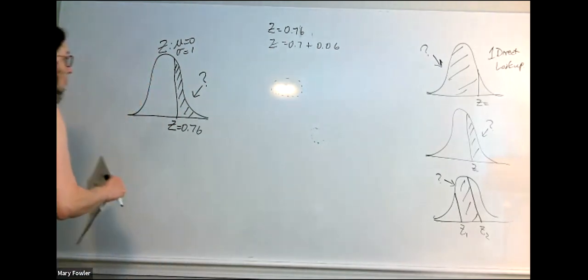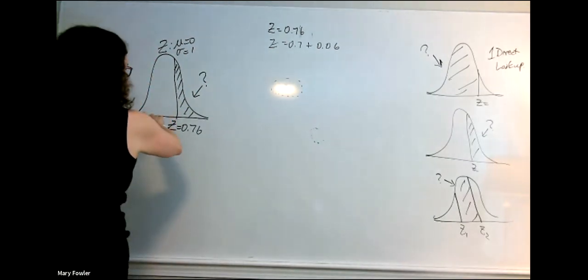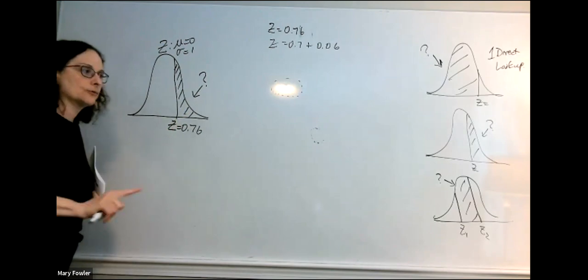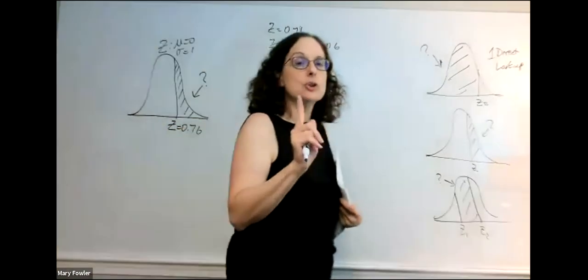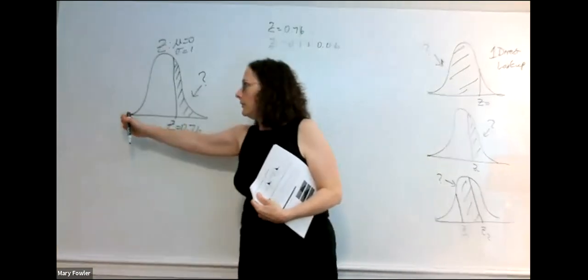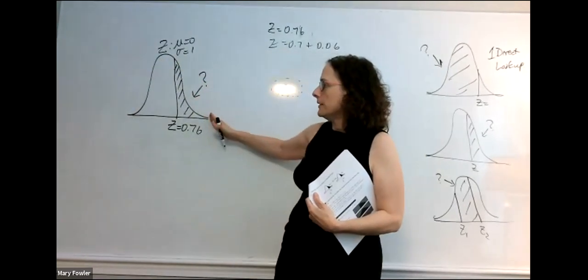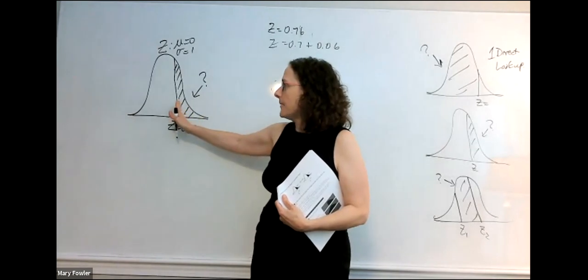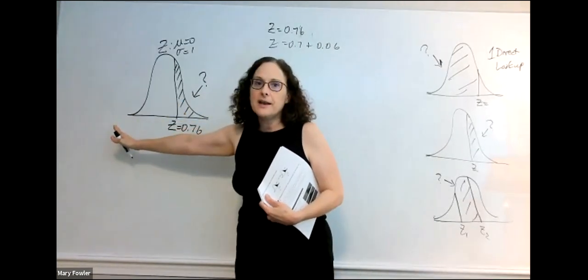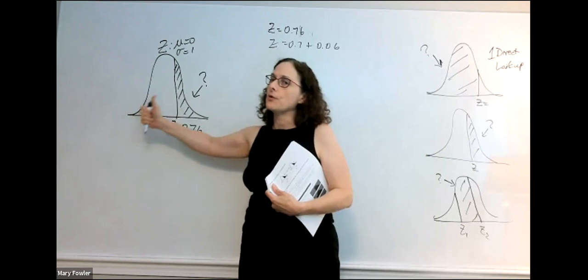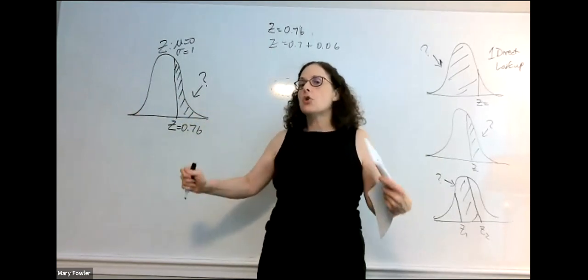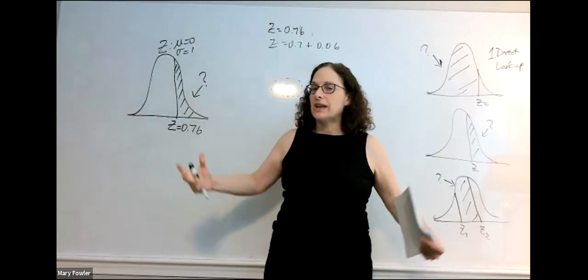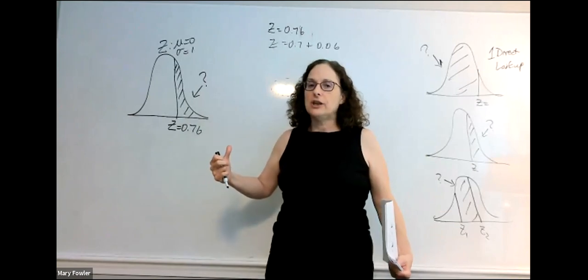So what I want you to notice is that the area under the whole curve, because it's a probability distribution, is 1. So the area under the entire curve is 1. And my table, the Z table, will give us left tail areas, but I don't want a left tail, I want a right tail. So I'm going to use those two pieces of information together to find a strategy to get a right tail